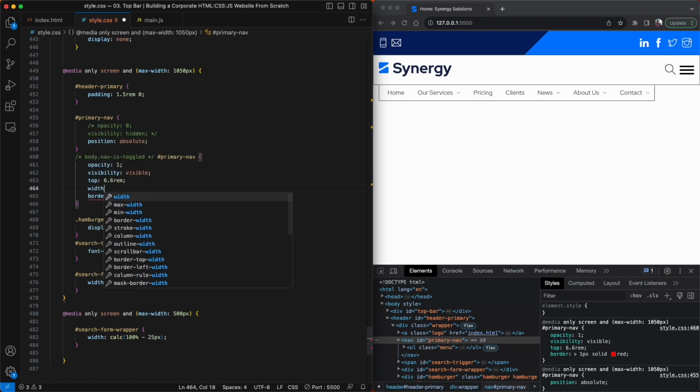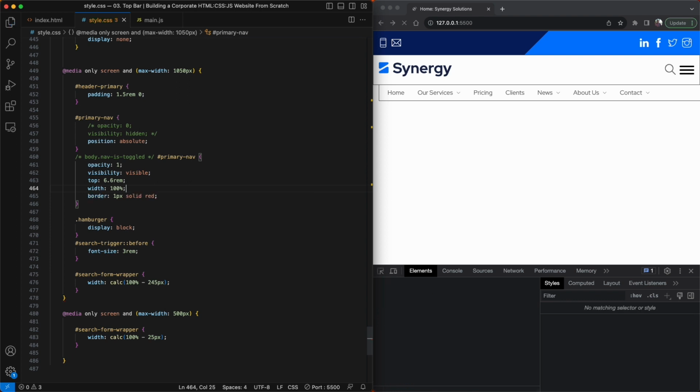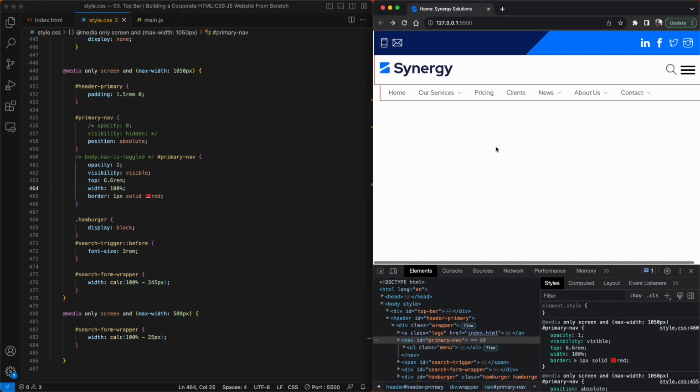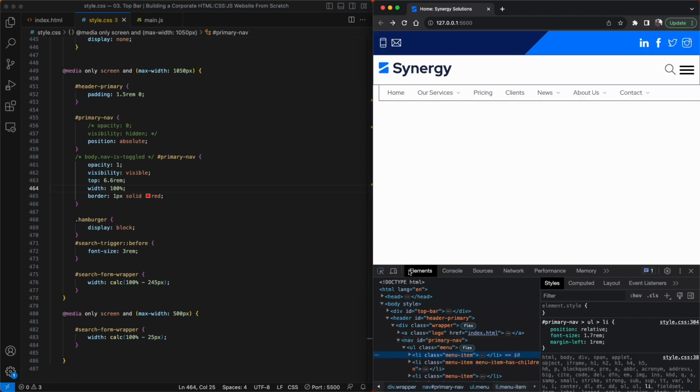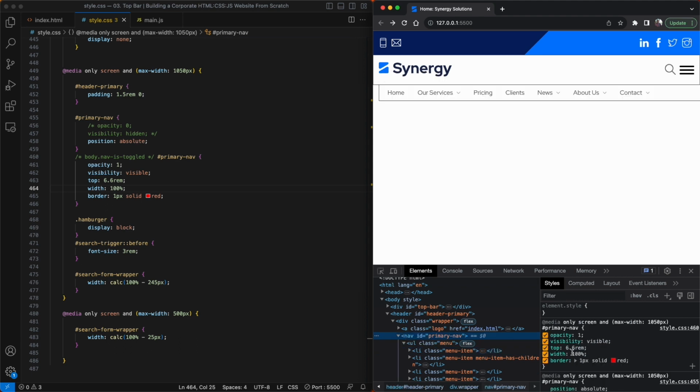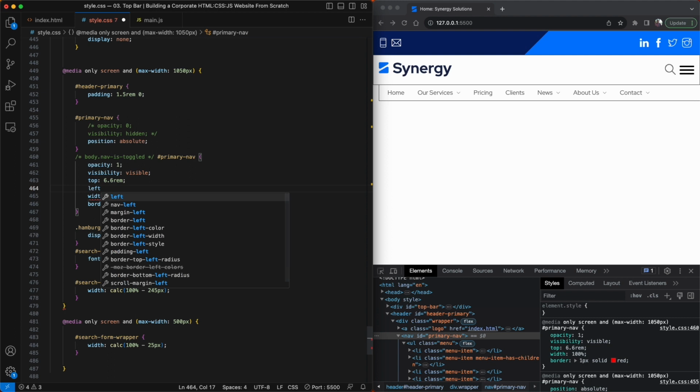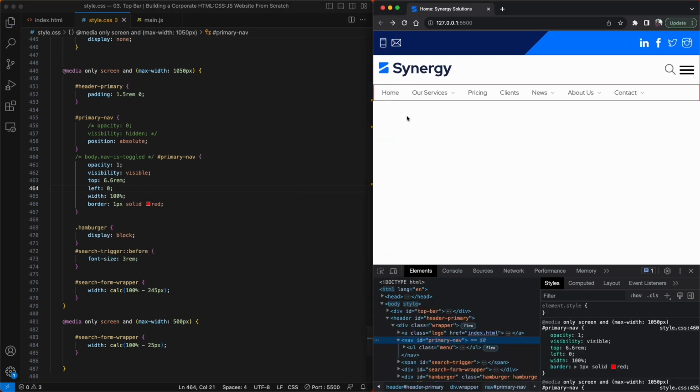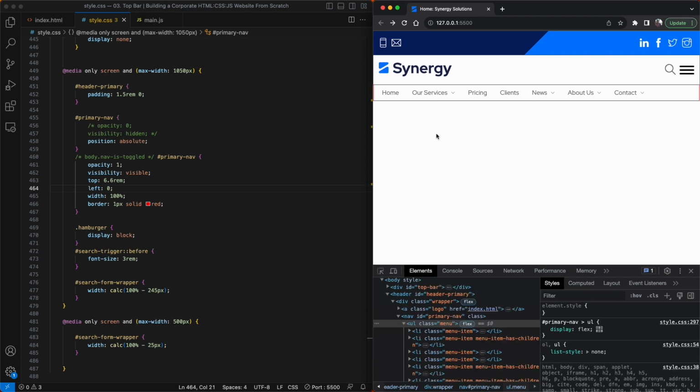And then I'm going to say width is actually 100%. Okie dokie. And we'll just move this in a bit by saying we probably need to give this a left property too. So we'll say left 0. Save that. And there we go. Lovely. And as we have this placed exactly where we want it, just under the kind of logo and search